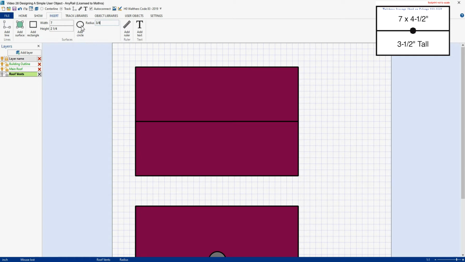And we'll come over here and we'll click on Add Circle. Now, if you haven't seen my other videos, you always have to put in the dimensions of your circle or your rectangle before you click on either Add Circle or Add Rectangle. So let me click on Add Circle here, come down here,